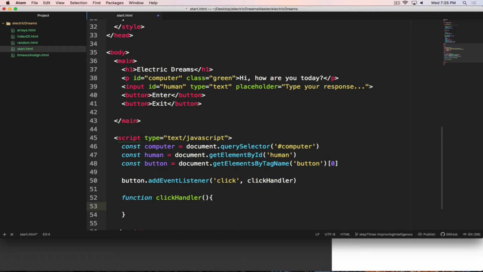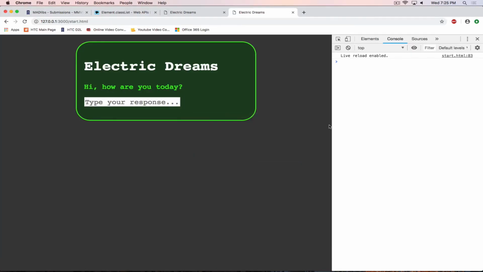I'll just say computer dot we'll change its inner HTML equal to, I don't want to put that in quotes. We'll just change it to whatever text that was typed in the form field. So now if we save that,